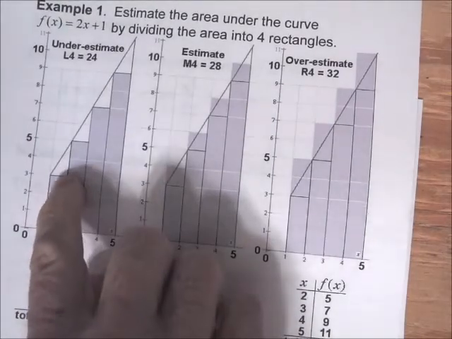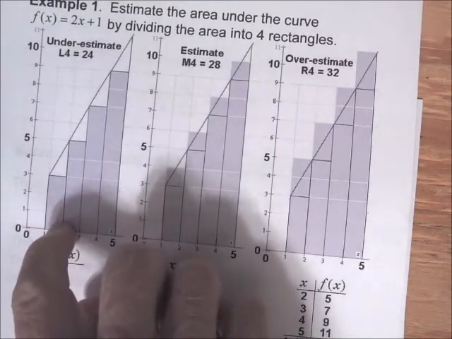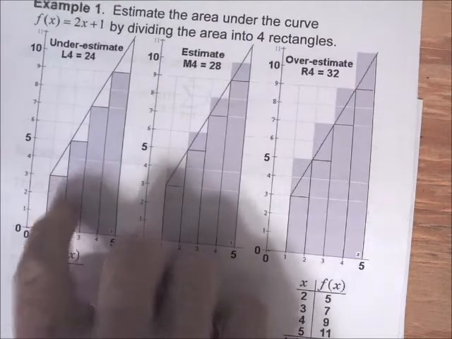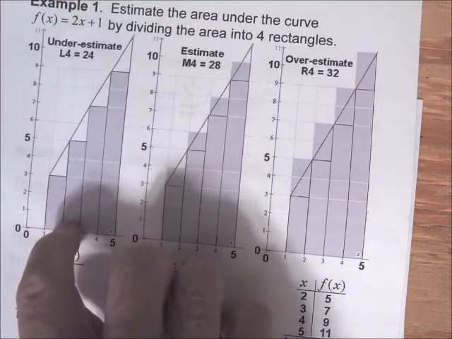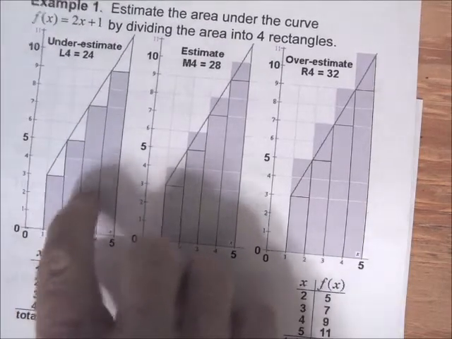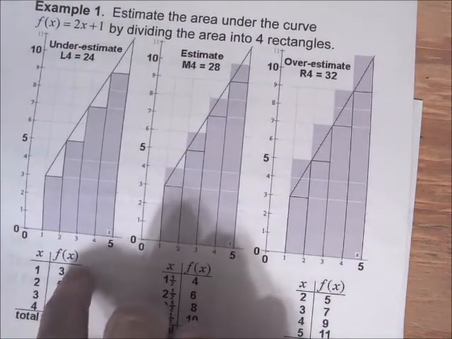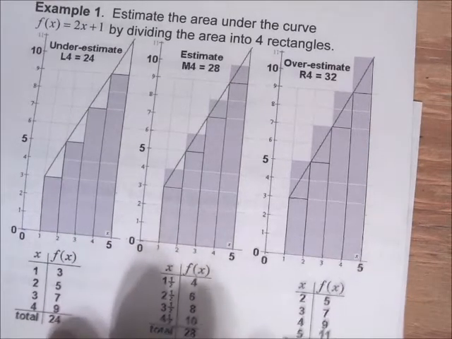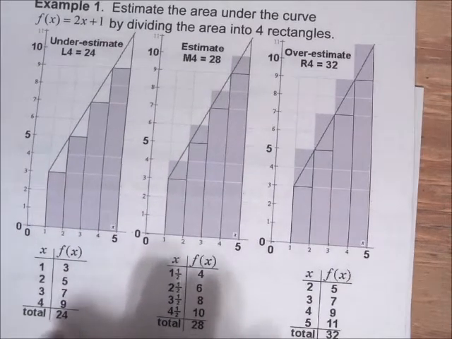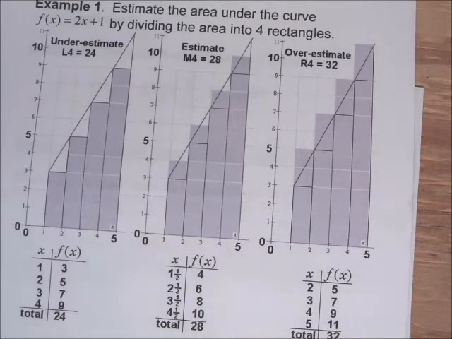So the area of each rectangle is going to be the width times the height. So it'd be 1 times f of x for each of these. Anyway, the total area, if we use left endpoints, is going to be 24. If we use midpoints,